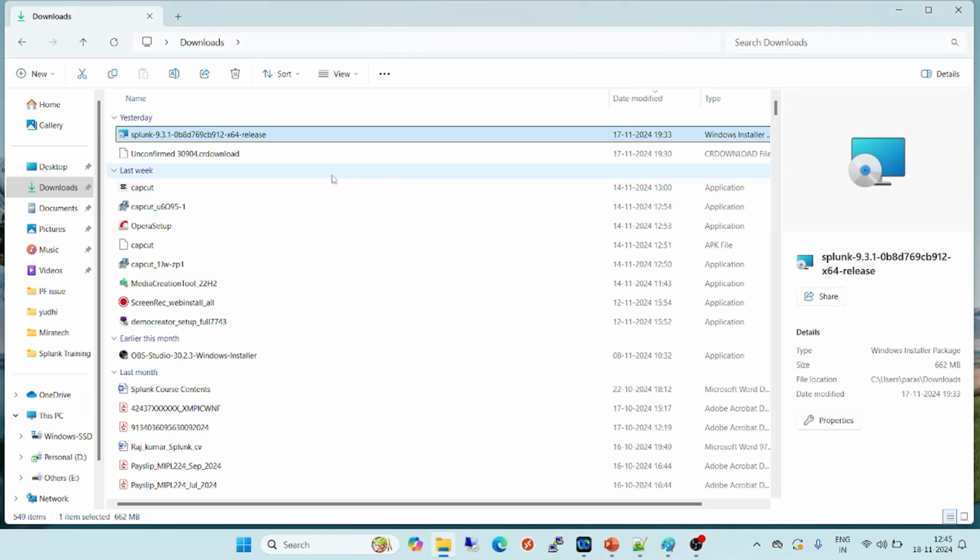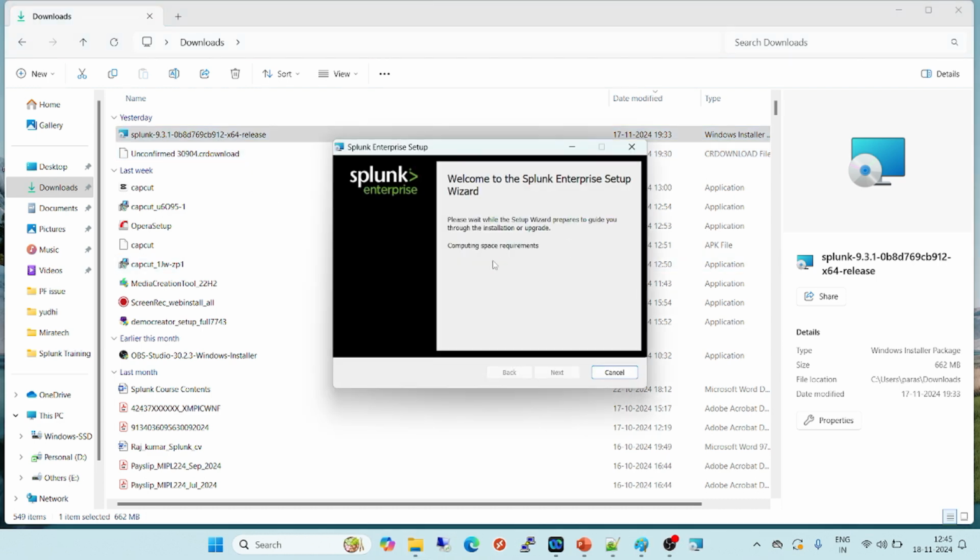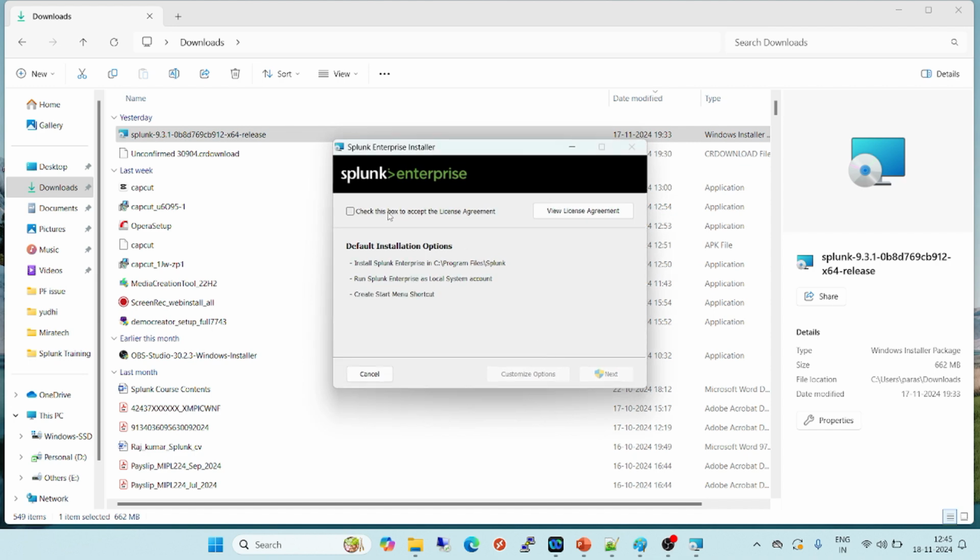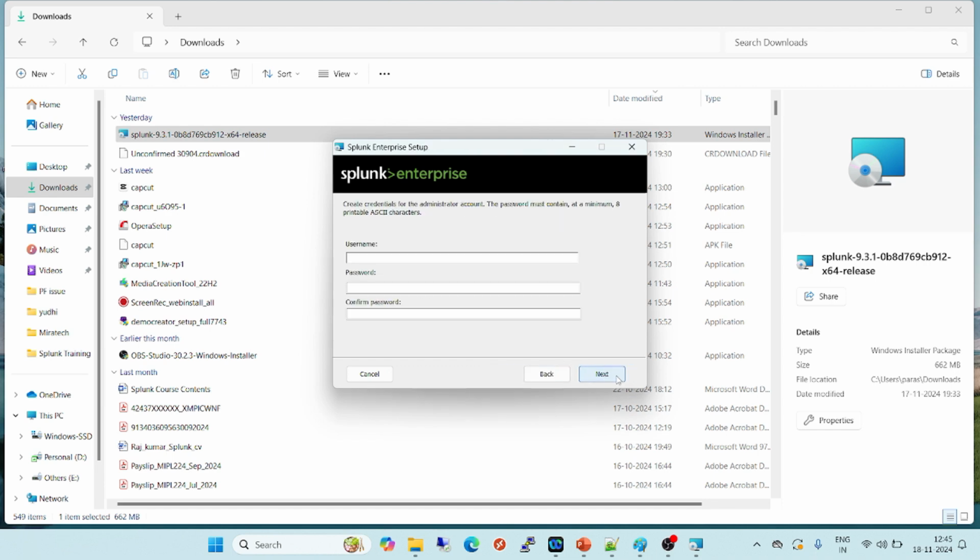Since we already downloaded the Splunk package for Windows, let's start it. It will ask you to check the box to accept the license. You can go to customization if you want to install it somewhere else in your drive, but by default it will be installed into the C drive itself. It will ask for the username and password credentials for admin. I am putting my